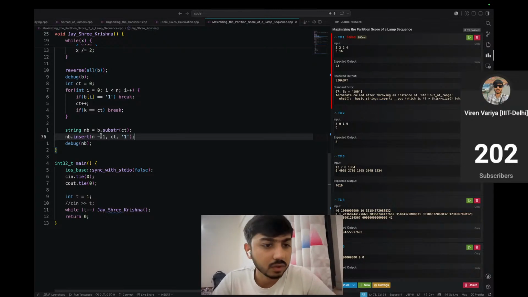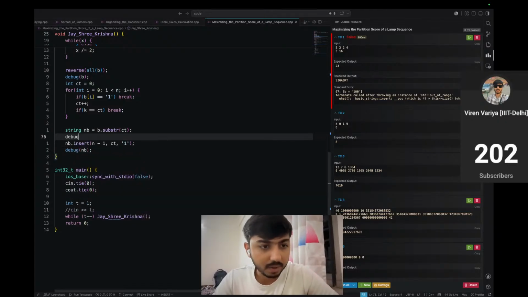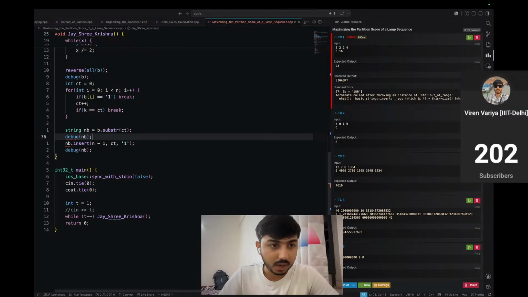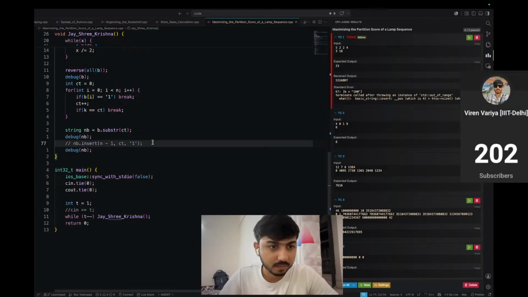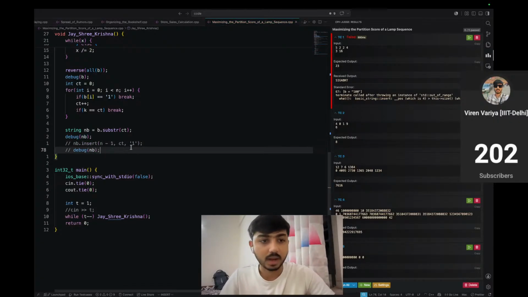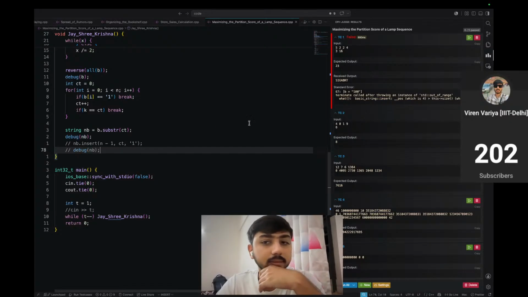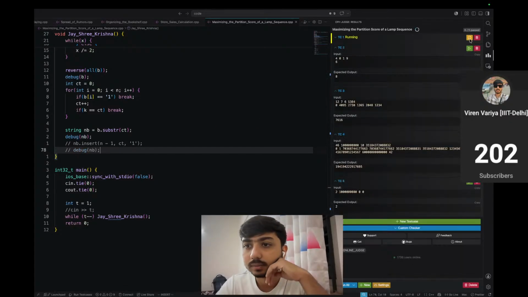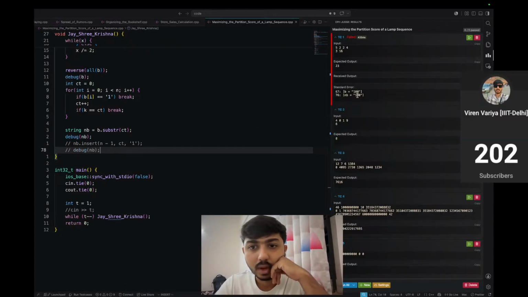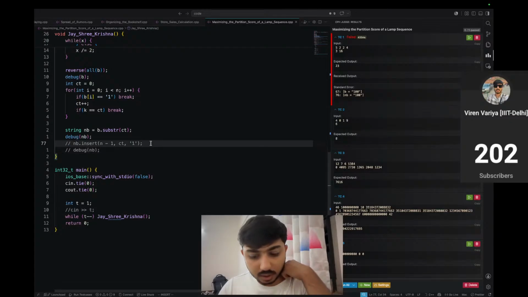Still out of range? Wait a minute, let me debug first here. What I'm getting. Yeah, it reduced the size, right? Got it, got it. So we're getting 101. Okay,